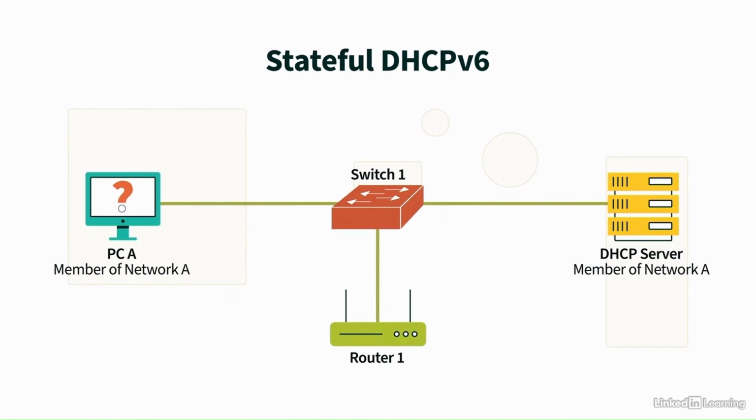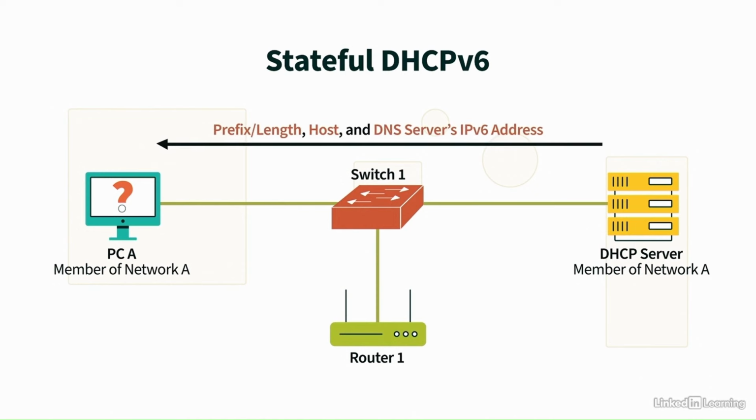Here, the DHCPv6 server provides all of the information that PCA needs. Specifically, the DHCPv6 server provides prefix length information. It provides host information. Now, the prefix length identifies the network portion of the IP version 6 address. And the host information is, of course, the host portion of that address. And the server can also provide